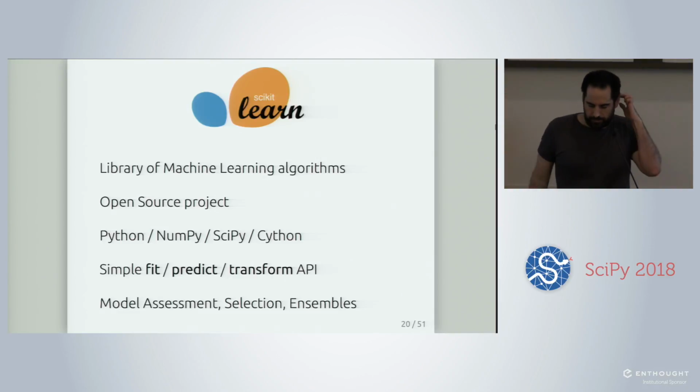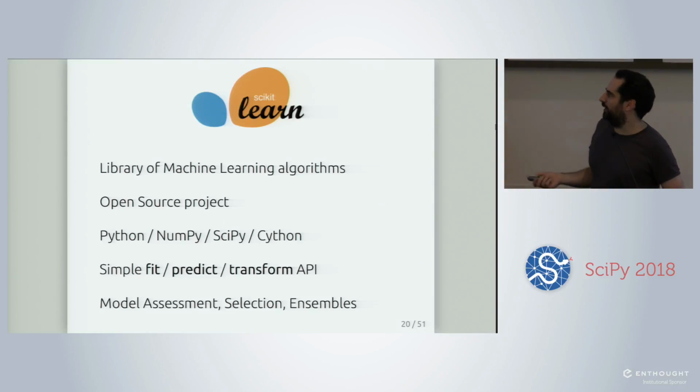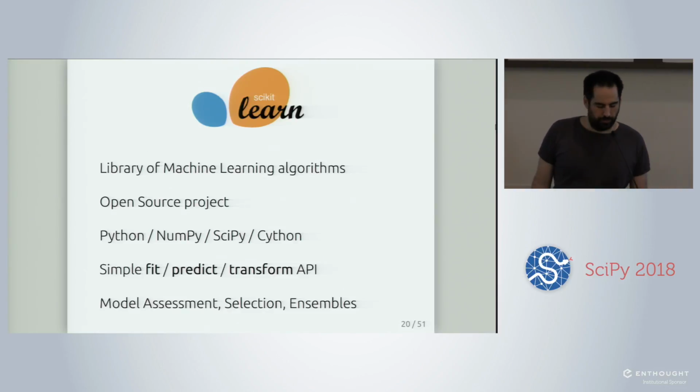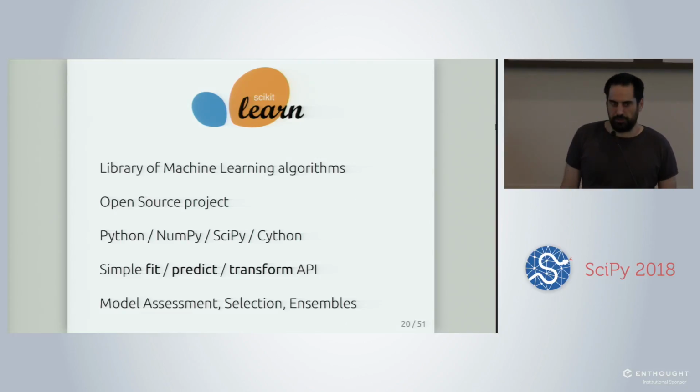Okay, so now Scikit-Learn. Scikit-Learn is an open source machine learning library. It's written in Python because it's SciPy. We rely a lot on NumPy for the arrays and linear algebra routines, on SciPy for some data structures like sparse matrices, and also for optimization algorithms. And we also have some quite extensive use of Cython to be able to accelerate some very compute-intensive algorithms that do not